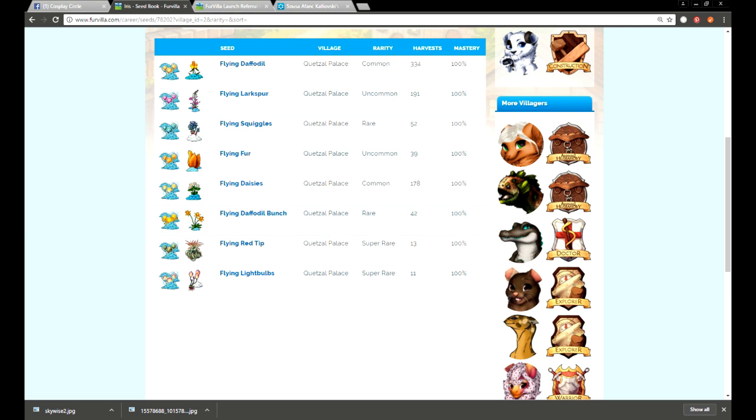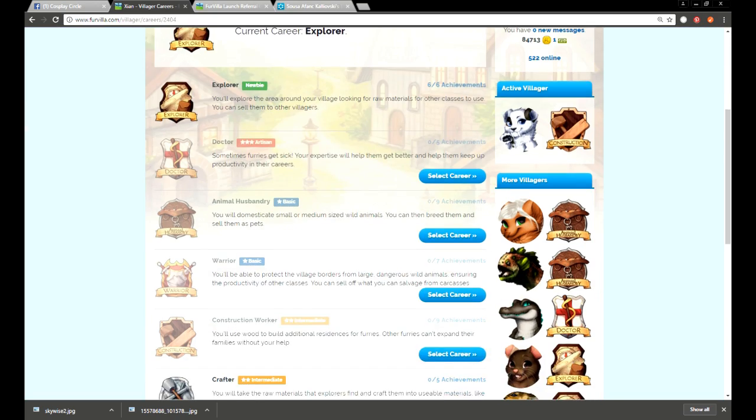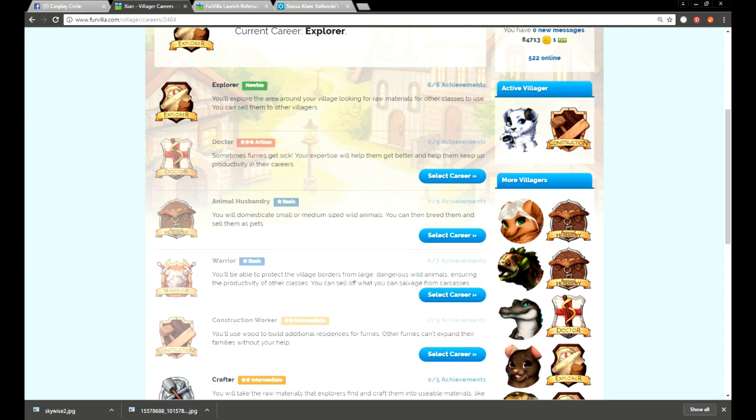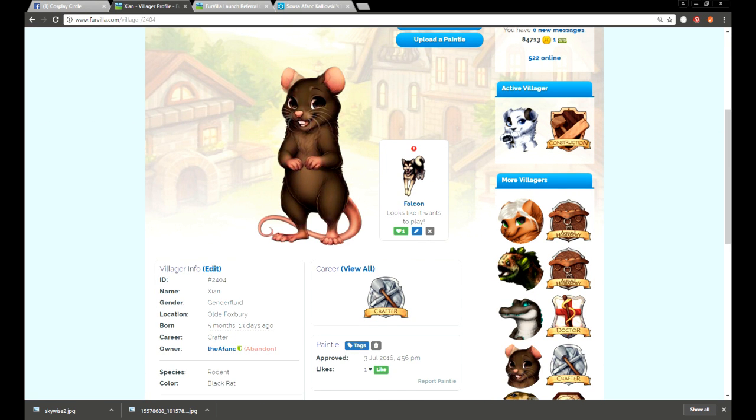I actually don't even have a crafter active, so I'm going to change Zion here because I can. I'm going to switch him out to a crafter because that is what he started as, back before I realized that I needed to have an explorer to start with. He was originally a crafter. So I'm going to select that career, and that's how you switch careers. Super easy. Go to View All,